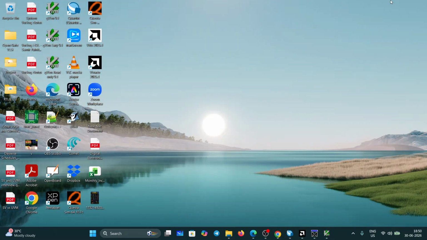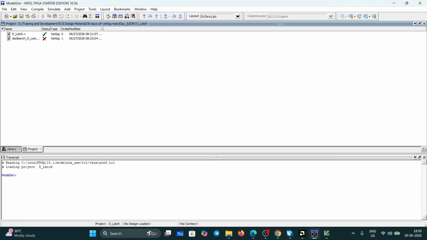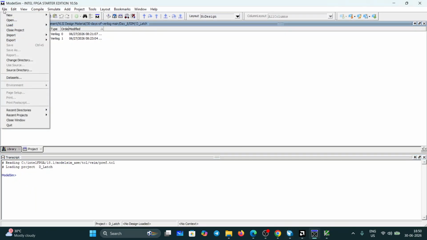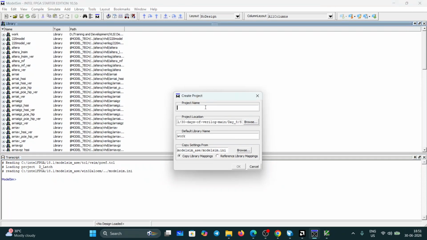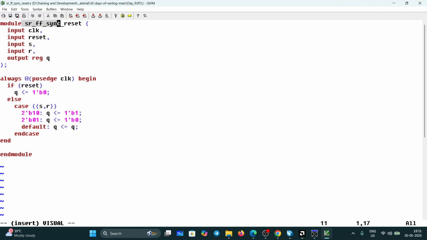Coming to ModelSim. So in ModelSim, we can only see the simulation part. Okay, so project. I want to close this. Project name I want to give. Okay, what is my project name? Let us take flip-flops. Or here you give this module name only. So this is SR flip-flop,